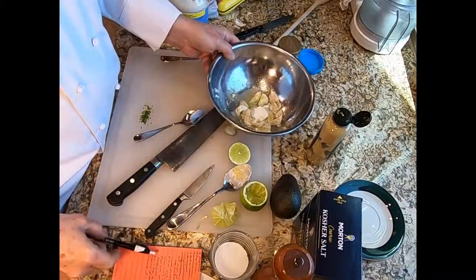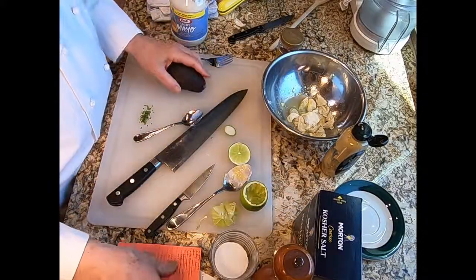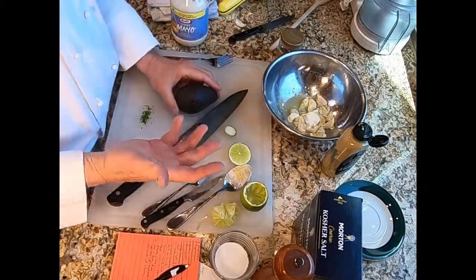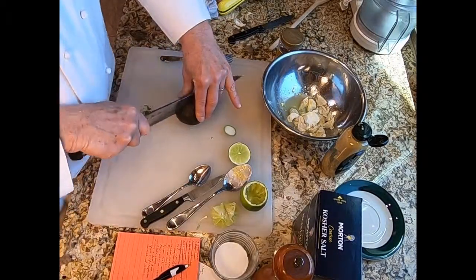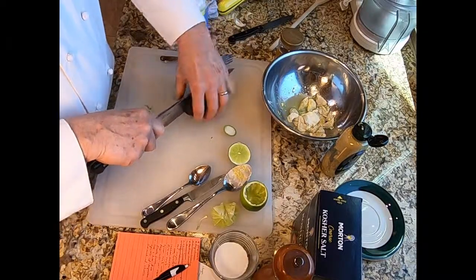Okay, now the next thing that needs to go in is the avocado. Now I starred that as something to do first, do early on, but I actually think it's better to wait as long as you can because avocado will start to brown fairly quickly. Now to cut an avocado, you take your chef's knife, run it all the way around the avo,